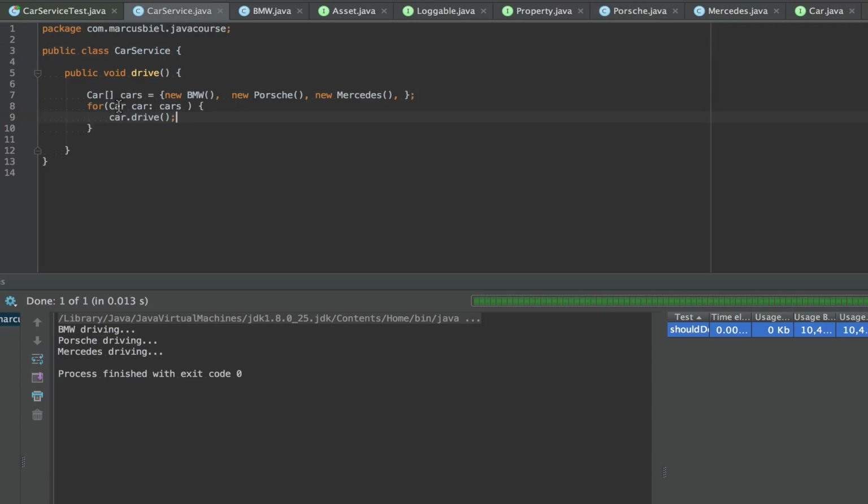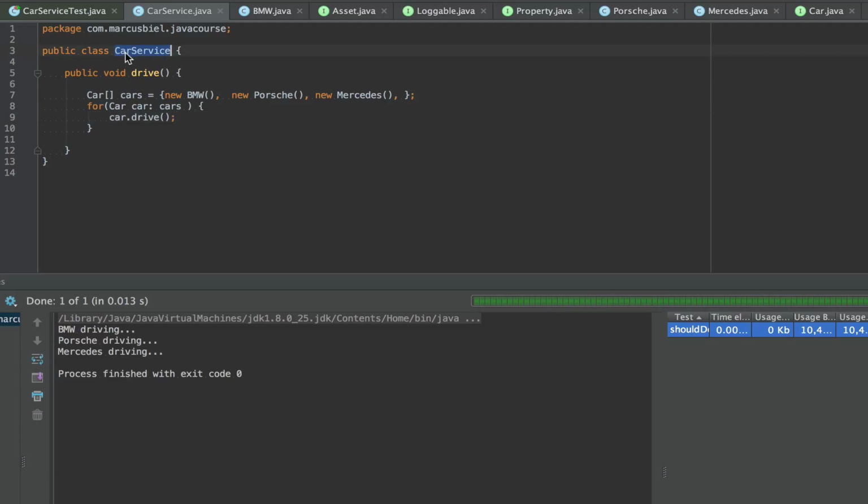Also in my car service, I'm now using the car interface. And whenever you introduce complexity, this complexity must be justified. So if it makes sense, if it helps us with something, for example here, I'm now able to easily iterate over all the cars, and imagine there could be many more, but my for loop would just be the same. So this would be, for example, a justification.